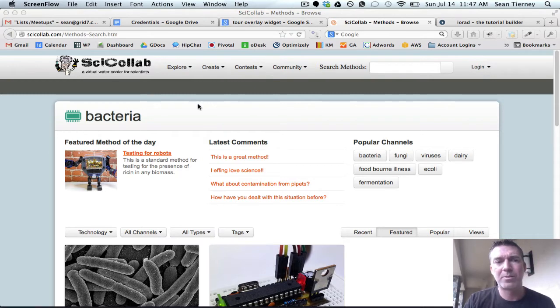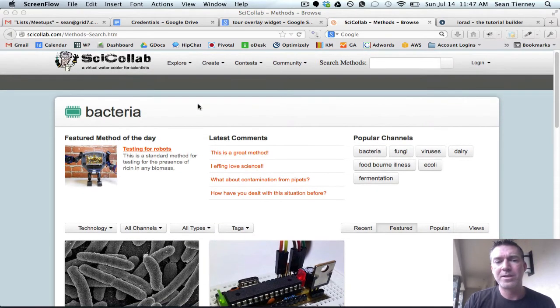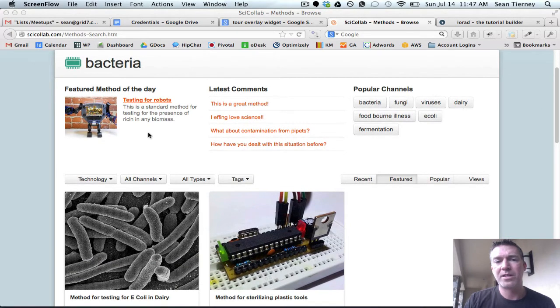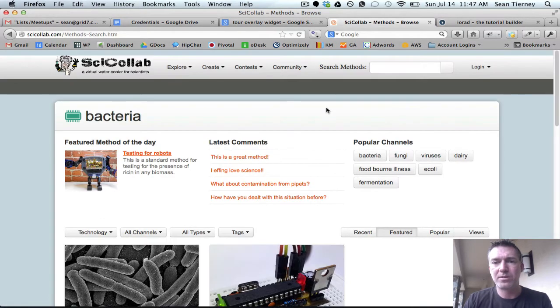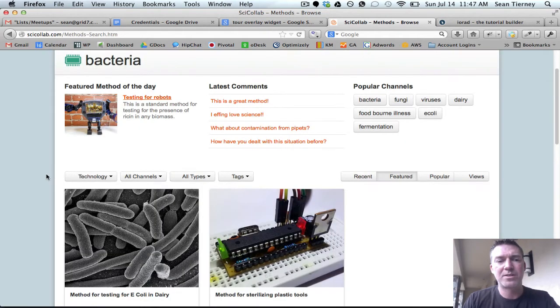So here's a quick example of how this might work. Let's say you're searching for the standard method for detecting E. coli in dairy products. You'd come to the website and could search up here for E. coli and it would bring it up, but it just happens to be one of the methods featured on the home page. So you click through it